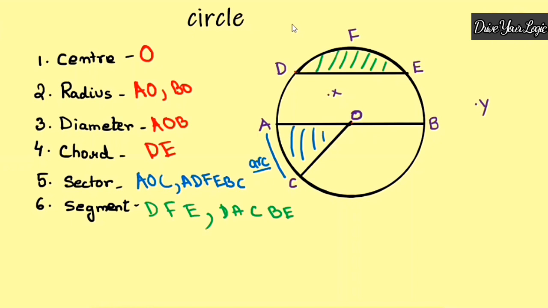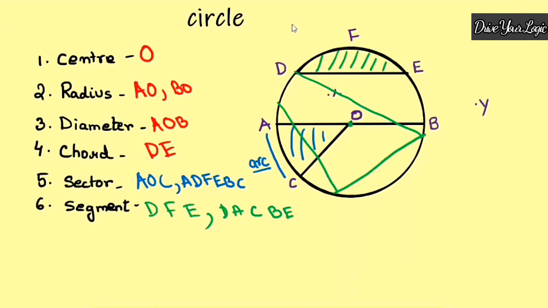So in this way, we have to understand the concept of a circle. The center will always be at the center. Okay, that's why it is called a center. And when a line passes through the center, that is called a diameter, and half of diameter is called a radius. Clear? And what is a chord? When any line touches the circumference and it doesn't pass through the center, that is called a chord. So a chord can be anywhere. Here also it can be a chord. This is also a chord. It is not passing through the center, correct? Anywhere it can be a chord, which is not passing through the center.